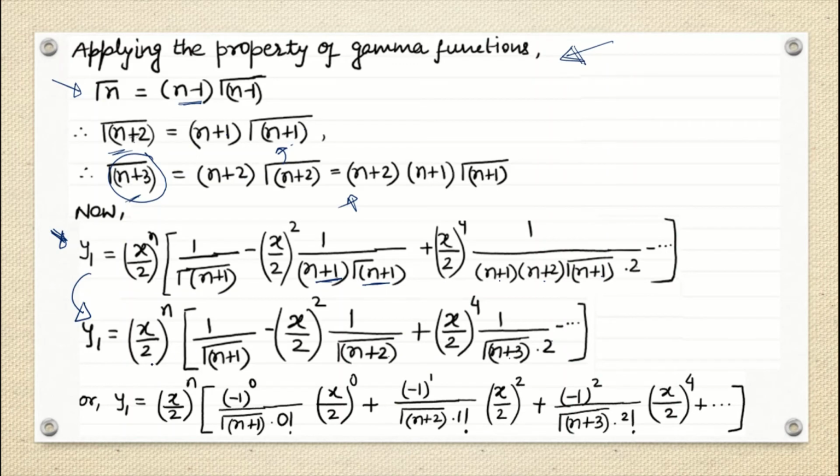So what we are writing down here? We can actually write down y1 as x by 2 to the power n. The same thing, if I write in terms of factorial terms, this is nothing but into 1, correct? And this is again nothing but into 1. This is into 2, and so on. So the denominator part is factorial 0, because we know that factorial 0 is also 1, factorial 1 is also 1, correct? So we have written factorial 0 here, factorial 1 here, and then here factorial 2, and later it will come in the same fashion.